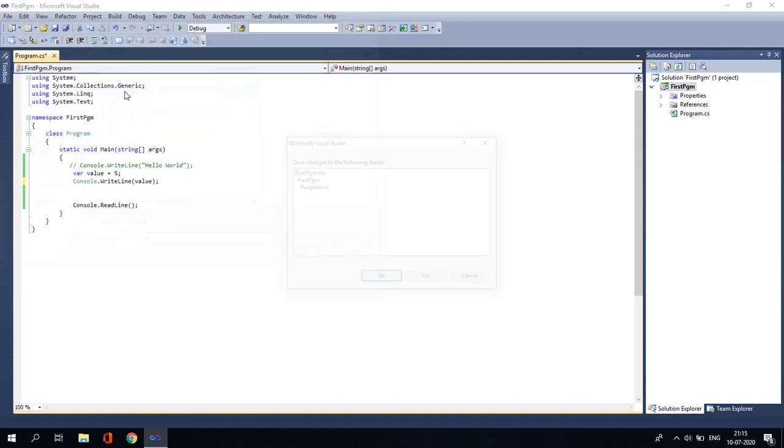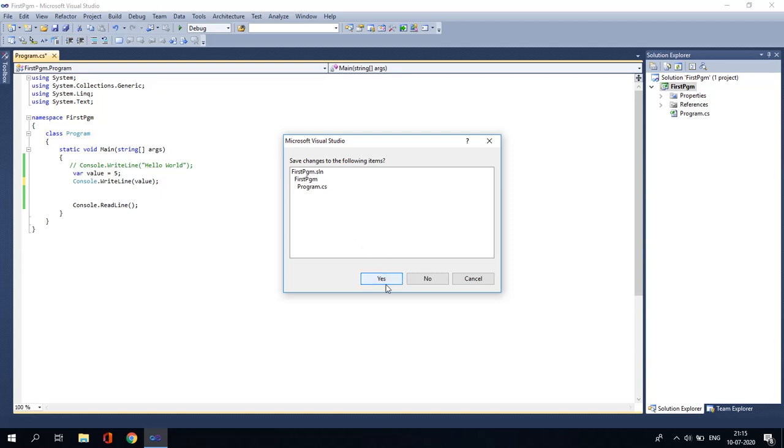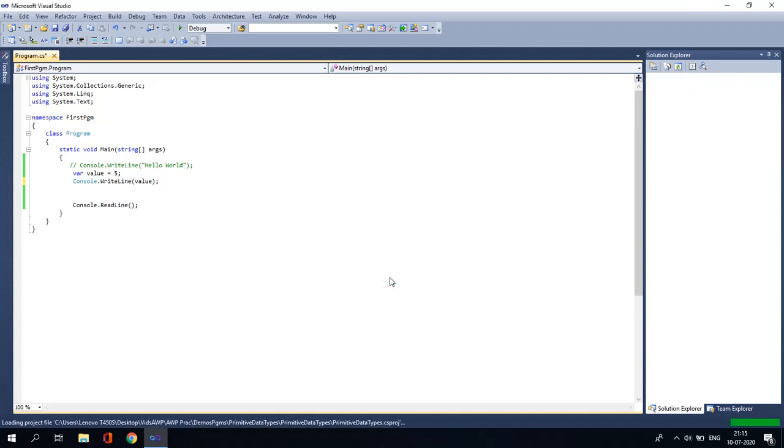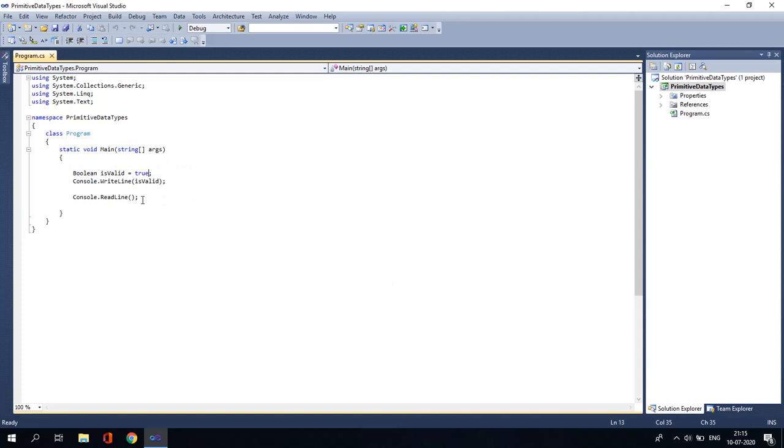So in primitive data types, let's see. This is primitive data types. The Boolean data type has two possible values, either true or false. You will be getting only one value at a time, and its default value is false. They are generally used to check conditions where if statements or looping structures are there.